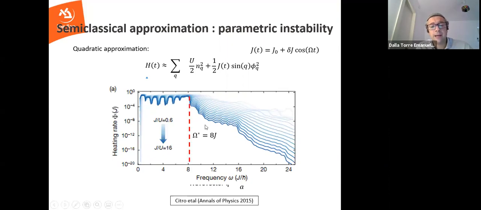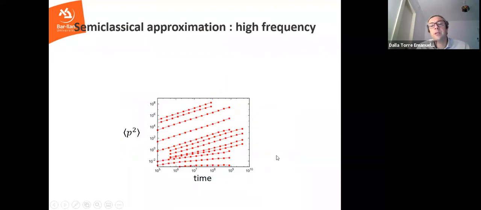So this basically explains the transition between high energy absorption on the left and low energy absorption on the right. In the quadratic model, what you would expect is just a step: a finite value of energy absorption on the left and zero absorption on the right. That's what you get from a quadratic model. So it's sort of nice, but it's too rough, right? It tells you there is finite energy on the left and zero on the right. This is not what you would like to explain. What you would like to explain is this exponential suppression here on the right. So you need to go beyond that.